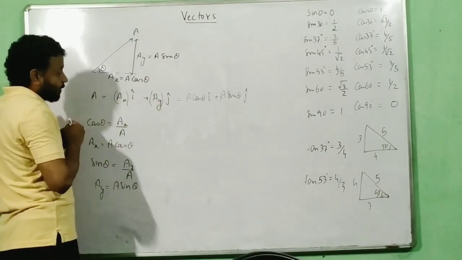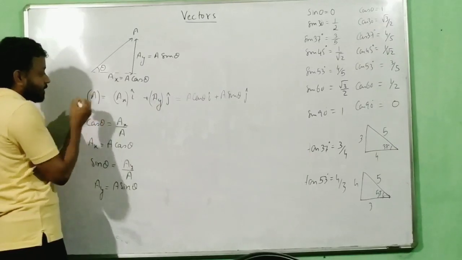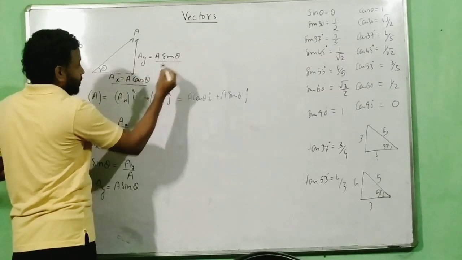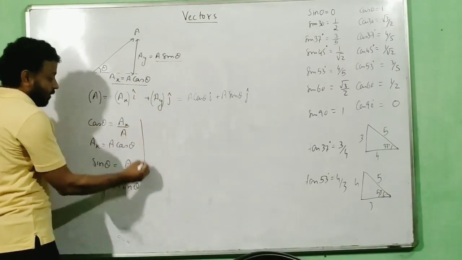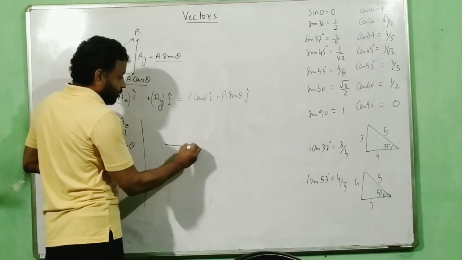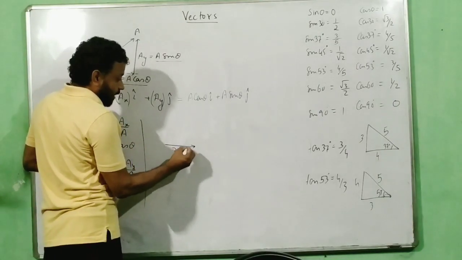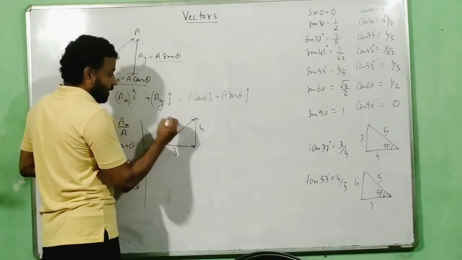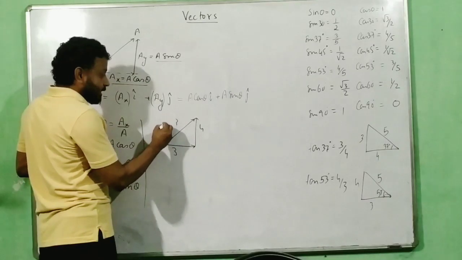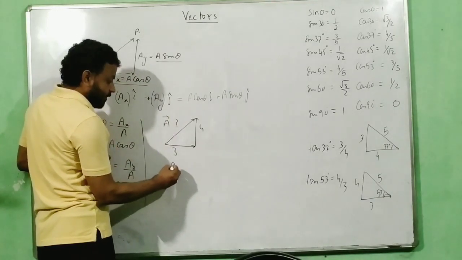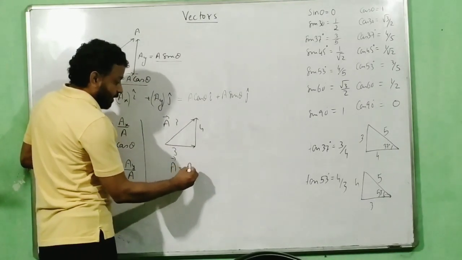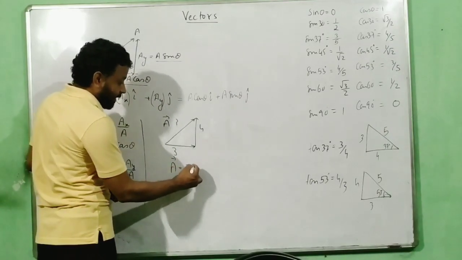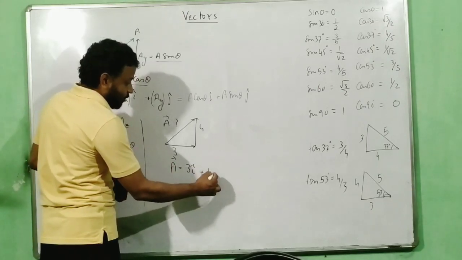So what we did here: if the hypotenuse was given to you, that means the resultant was given to you, I was able to find its x component and the y component. What if the question is the other way around? If I say that this component is 3 and this component is 4, I want to know how much is this. Correct? So how will I write? Let us consider that this vector is A vector. So I will first write A vector is equal to its x component vector. What is the x component vector? The x component vector is 3 i cap plus the y component vector is 4 j cap.